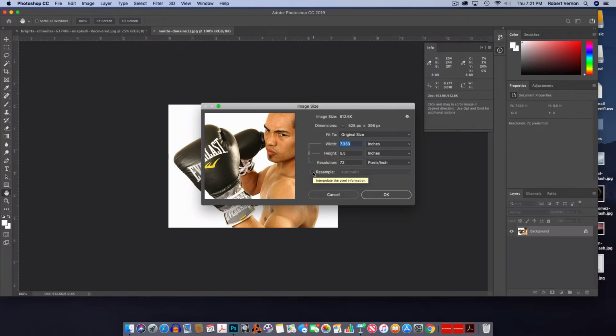I took off resample. If we resampled that, it's going to interpolate the pixels. It's going to introduce new artificial pixels. But for what I'm going to teach you right now, I don't want you to do that. But we're going to learn how to interpolate. But right now, resample is off. That box is unchecked. If I go and change my height to 4, I want you to see what happens